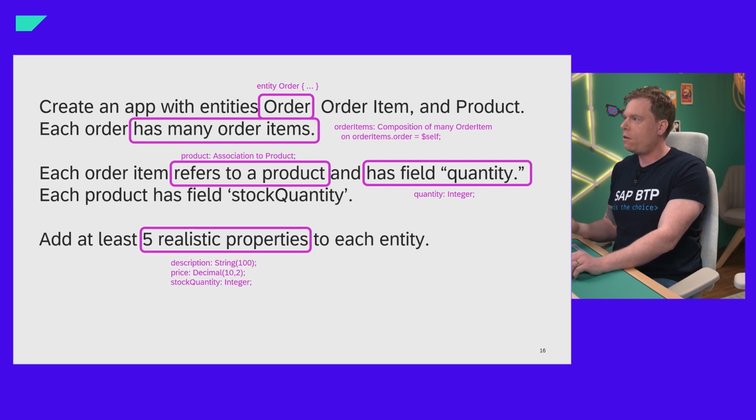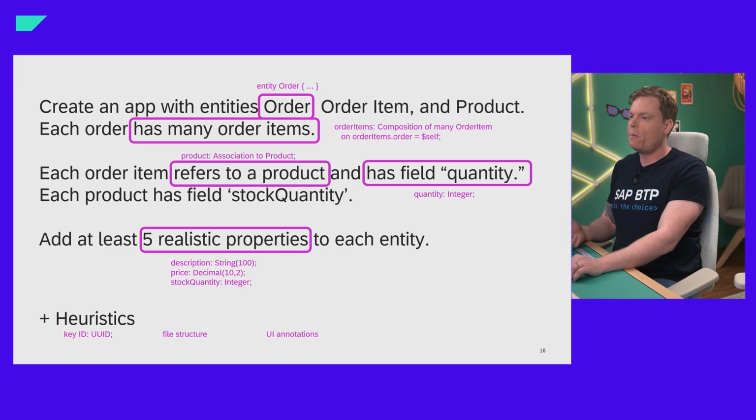And you can also offload some more creative aspects to the LLM. You can say, okay, I want to have 5 realistic properties, and then the large language model under the hood, Joule, will create more properties by itself. In addition to that, we also apply some heuristics. For example, always add this UUID key, which is better for typical Fiori Elements applications. The file structure is fixed, and also the UI annotations are chosen in a way that it makes sense and